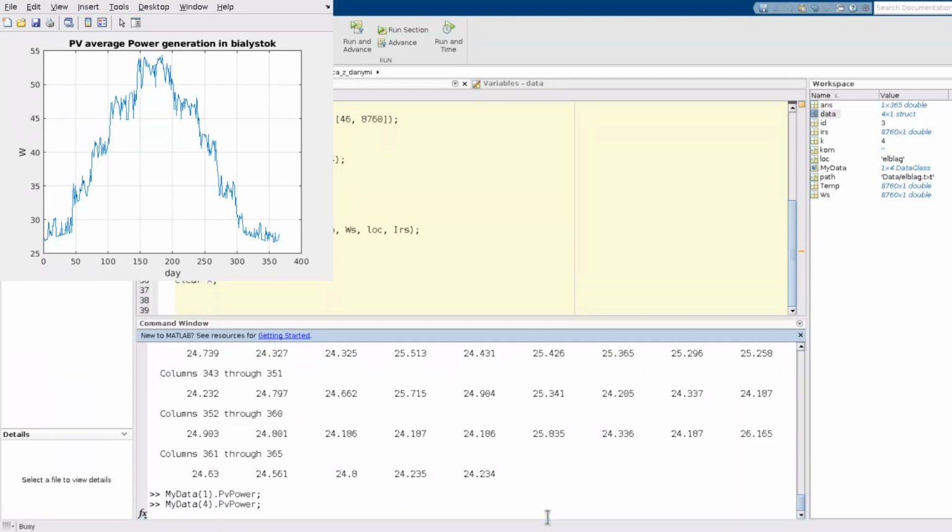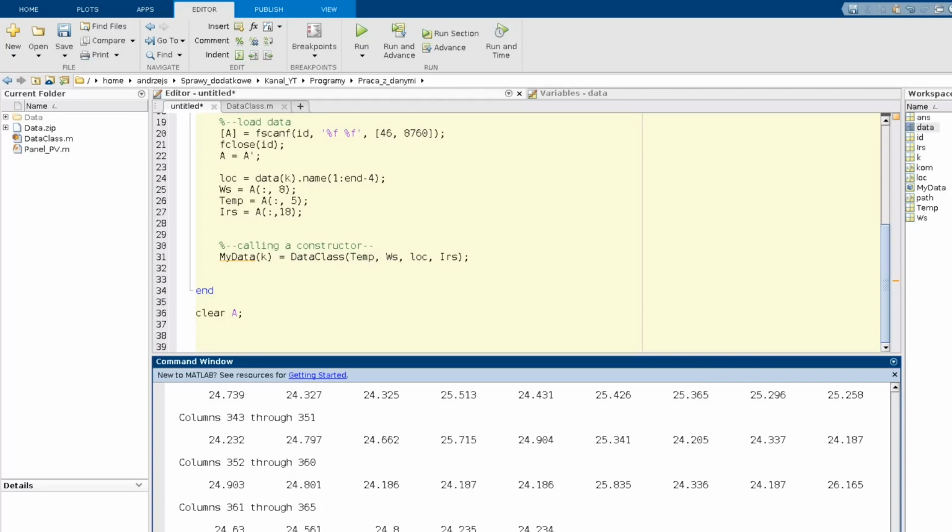So you can see how convenient it can be for work with large sets of data, with modeling such things. If you need to combine usage of quite complicated mathematical model of, for example, PV panel with the really big database, such as in here we don't have too big data because we have only 4 files, but in my project it was hundreds of files like that, so it was really important to handle it properly.